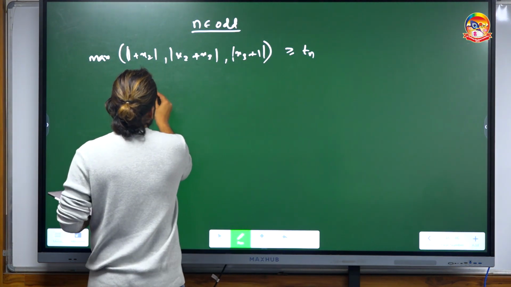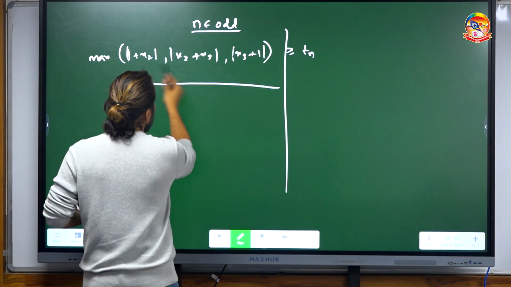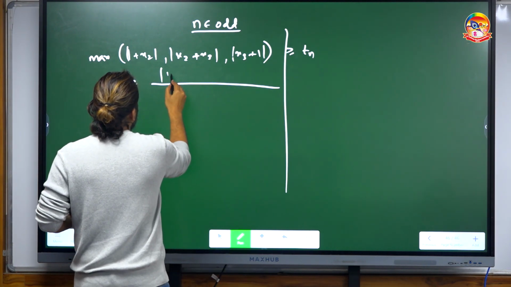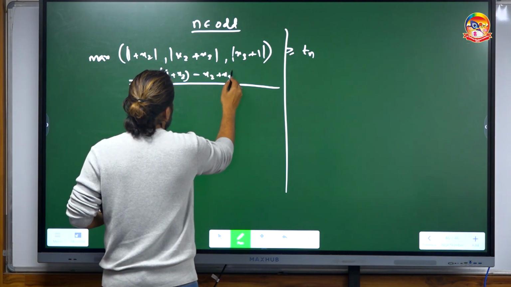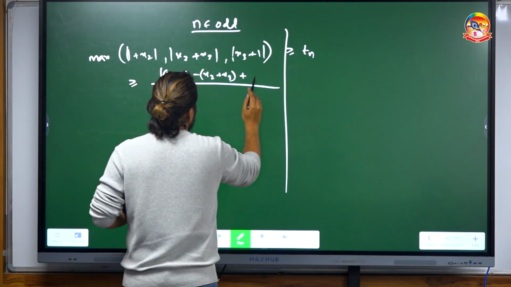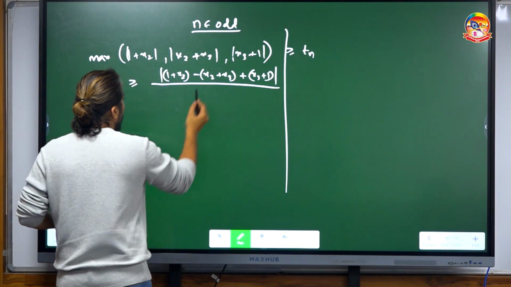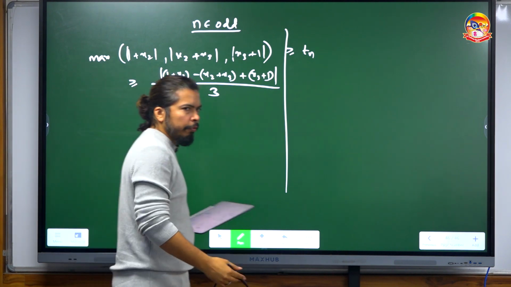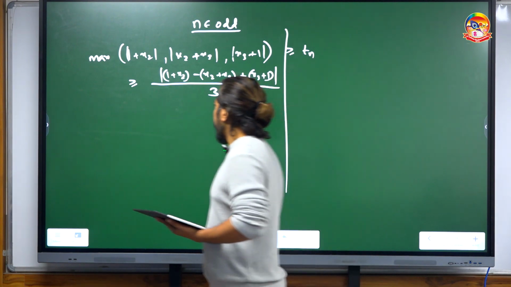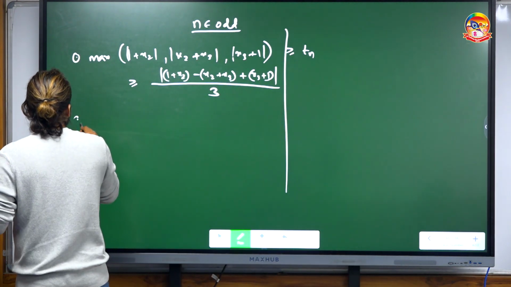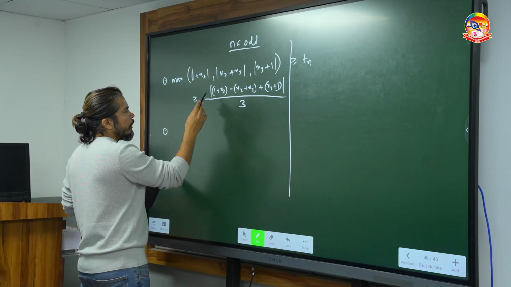So what we observe here is the maximum of this left hand side, right? In case I want to work this left hand side, the maximum of this particular thing is greater than or equal to (1 plus x2 minus x2 plus x3 plus x3 plus 1), whole upon 3, right? What I have done is, the maximum of any 3 numbers is greater than or equal to the arithmetic mean of those 3 numbers, right? That is what I am working on. So if I work on this particular case, all of them cancel out, and this becomes 2 by 3,